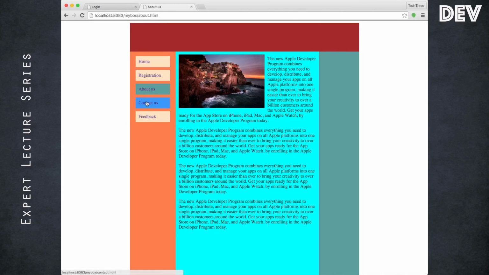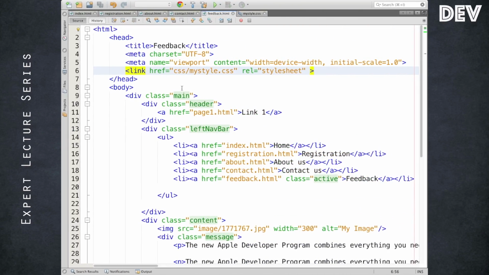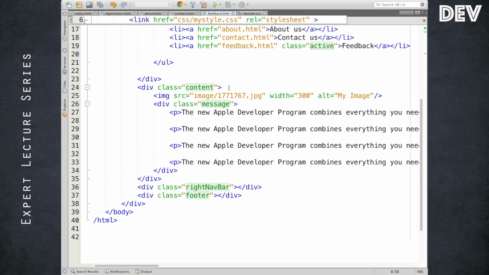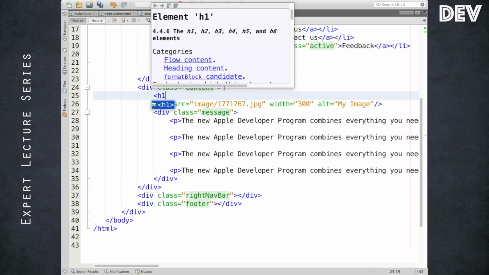We'll empty the other pages shortly, but at least now we'll add a registration page. Okay, let me put a heading over here. I haven't utilized this space, but I asked you to put a search bar over here, right? Okay, maybe I'll put the heading over here. So inside the content, I'm going to introduce an h1.